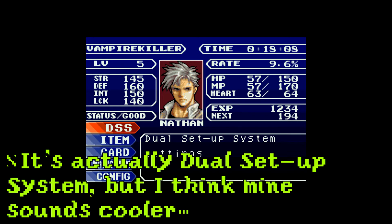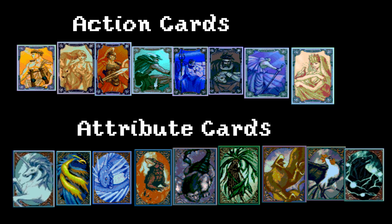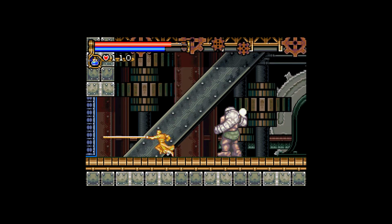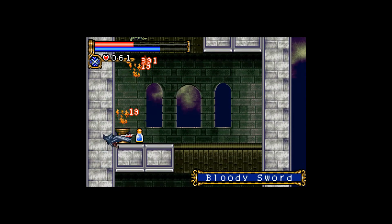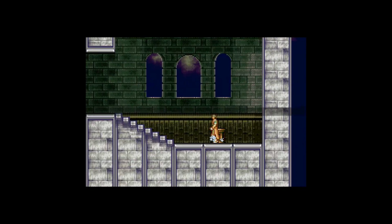This refers to the fact that you have a deck of action cards and a deck of attribute cards. The action cards are themed after Roman gods, whereas the attribute cards are themed after mythological creatures. In the main menu, you can make combinations of cards to produce certain effects that either increase your stats, change your weapon's elemental attack, change the expression of your weapon altogether, and in some cases summon monsters to help fight for you, or produce item crush effects, similar to the way that Richter Belmont can in Symphony of the Night